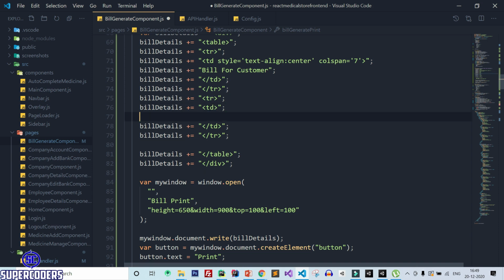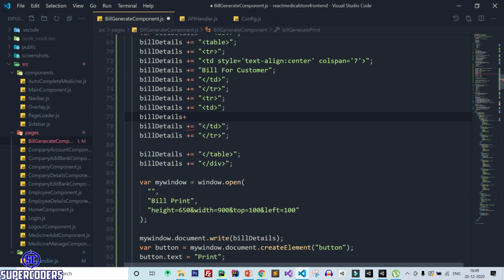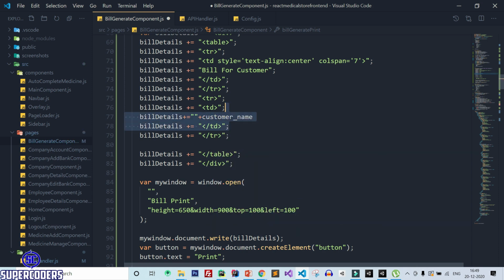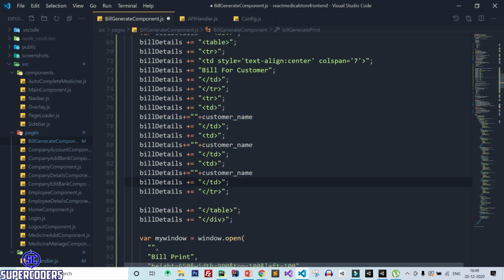Now this time I am adding bill details plus equal to, and here this time adding customer name.